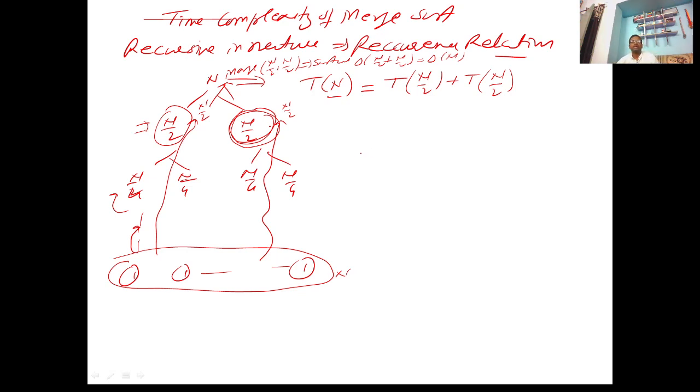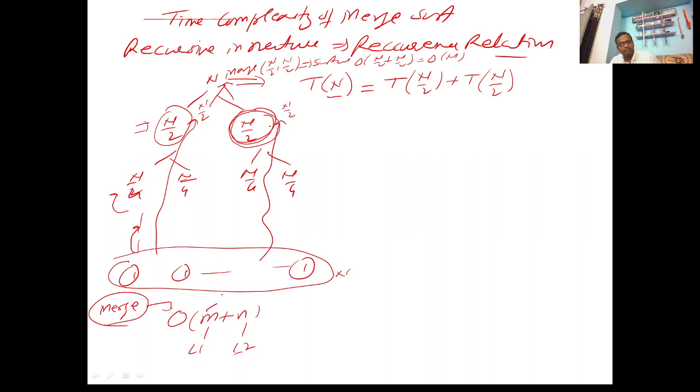Is it fine? We already discussed that the time taken by our merge algorithm is going to be of the order of m plus n, where m is the size of your list number 1, and n is the size of your list number 2. So this is going to be the time taken, or time complexity, of our merge. Is that fine? So merge will be taking this time.